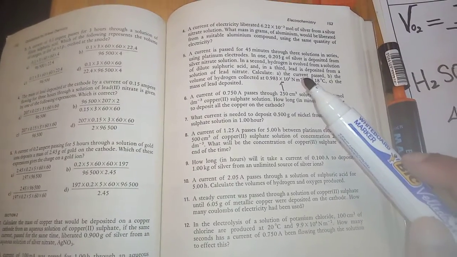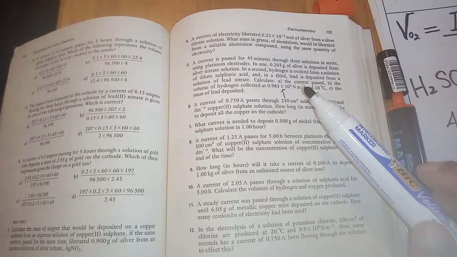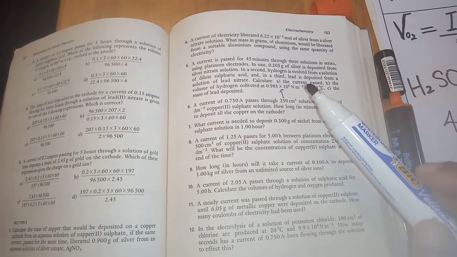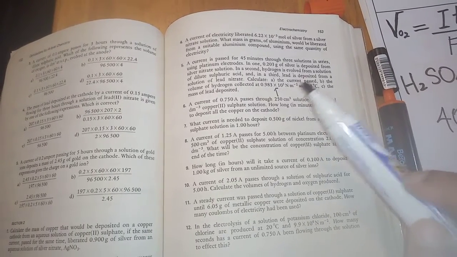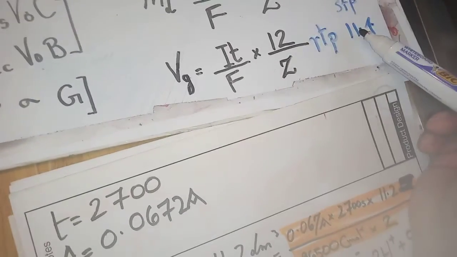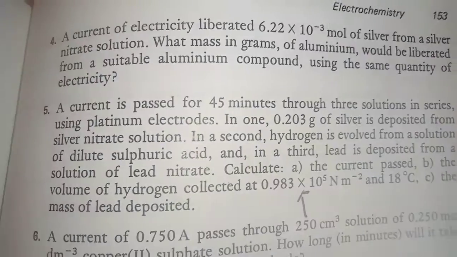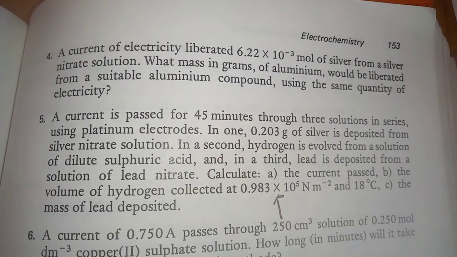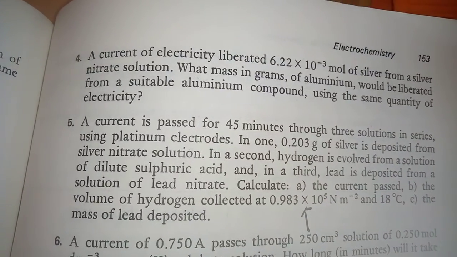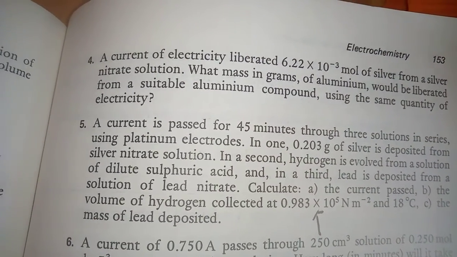The examiner hasn't given me this, so I needed to. This question seems very old, probably from the 70s, which is why they didn't specify whether it was STP or RTP. But in modern questions, you'd get a clear indication of STP versus RTP. If it's STP, you can use 11.4 here, and when it's RTP, room temperature pressure, you can use 12. So now I found out the moles of oxygen released. Now I need to find out the mass of lead deposited. The mass of lead deposited will be